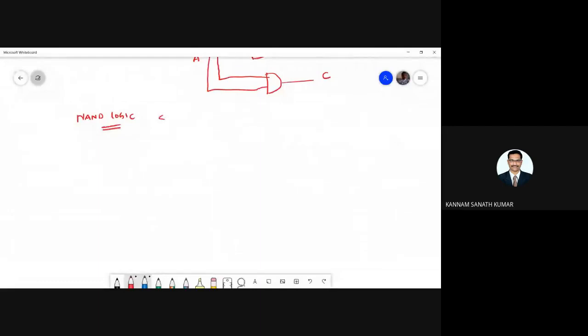So what is sum? Sum equals A bar B plus AB bar. So you can write this one, AB bar plus A bar B, plus BB bar. That means I have written 0 plus 0. So this 0 I wrote as A A bar, and this 0 I wrote as B B bar. Anyway, A into A bar equals what? 0.